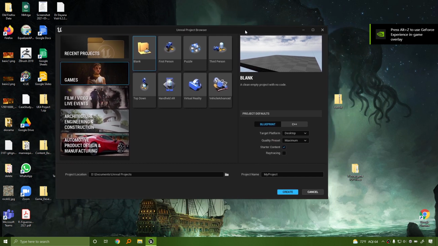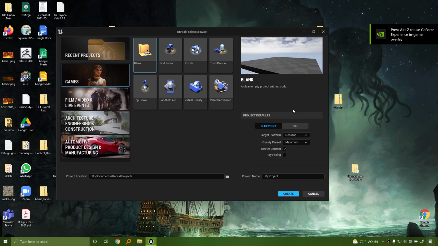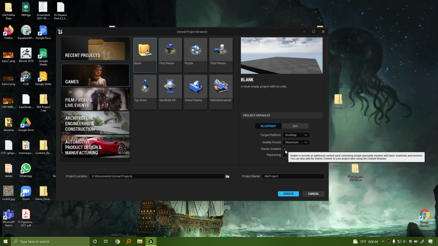Alright, so like a lot of you folks, if you're using UE5, by default the starter content is going to be clicked on. I'm going to click it off. And let's say I wanted to make a project with the third person template so that I can get a third person character. But let's say I've had a long day, I was tired, I was at work, as probably a lot of you guys are.